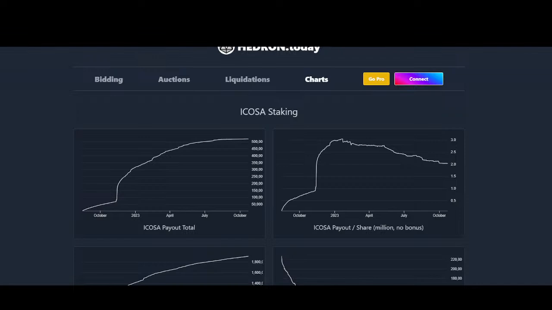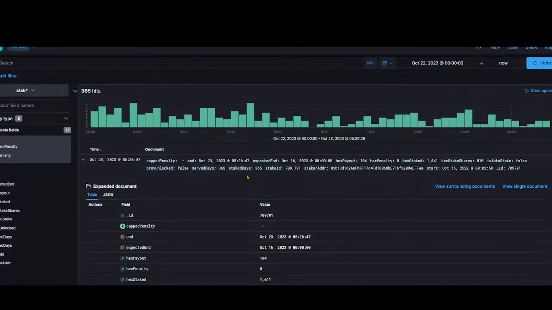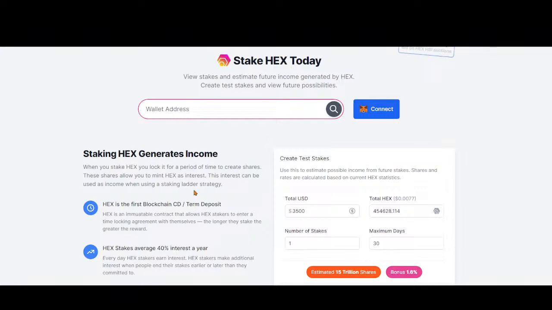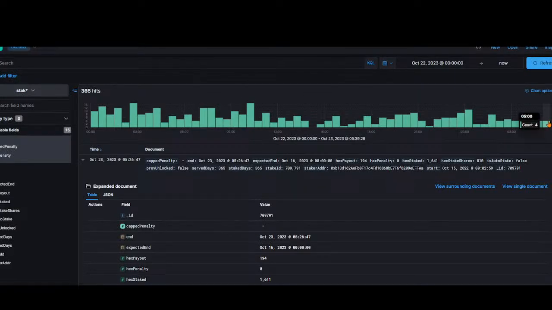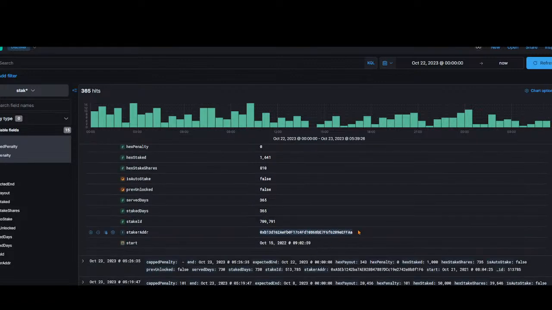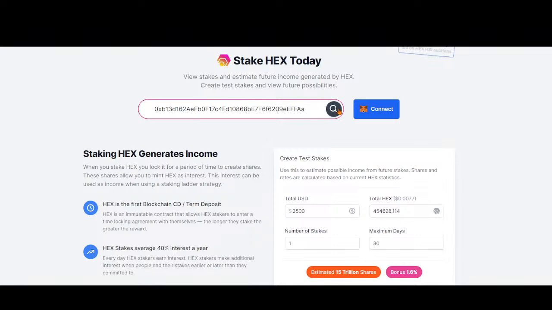Now this is my next thing I'm going to look at. So looking at HEX stakes, when they end, how much they end, what the account is doing. You can, if you want. Again, apologies to whoever that was. I'm not picking on you or anything like that. I'm just purely on-chain data. It's clear and open for the world to see.